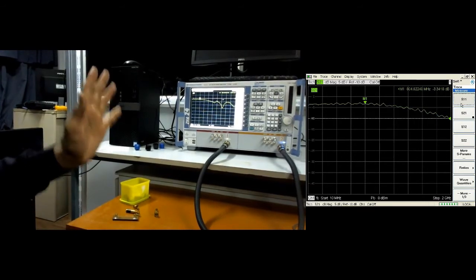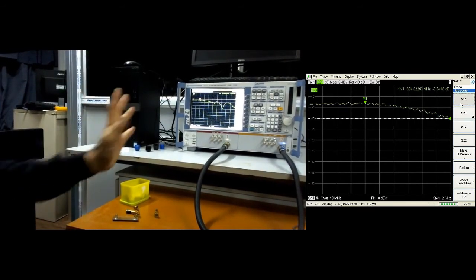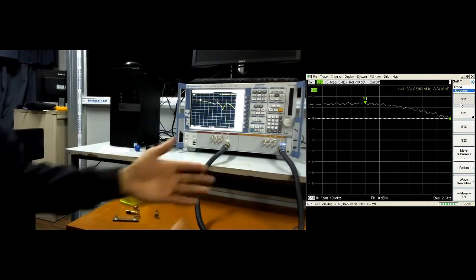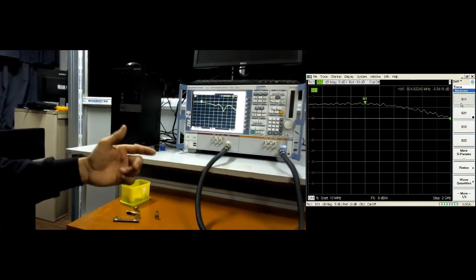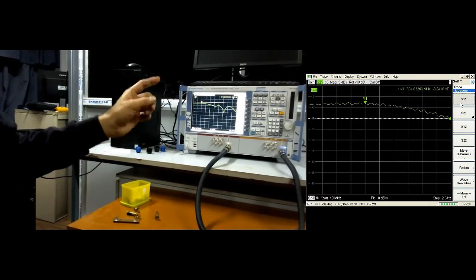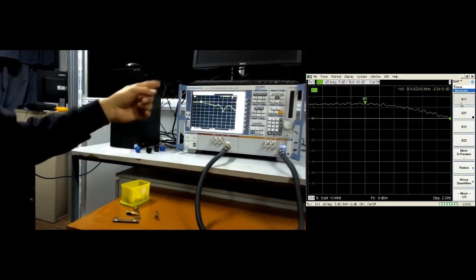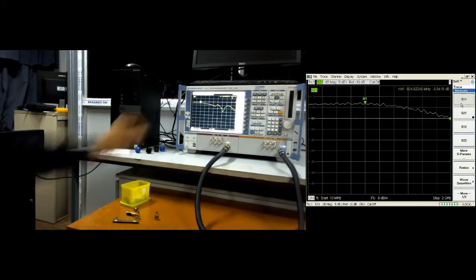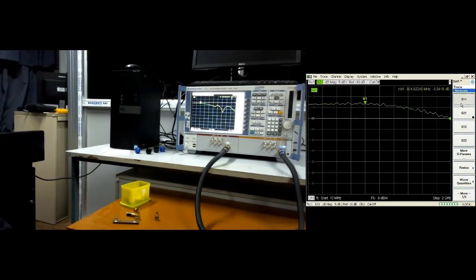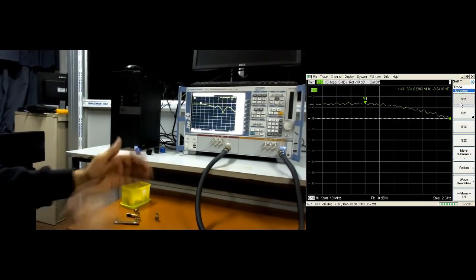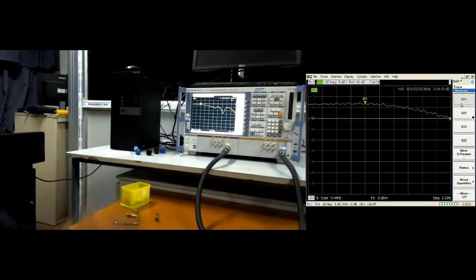So keeping our marker at the same position, let us go to the S21, where we can check the power at the same frequency. See, right now the marker says that our power is at almost minus 3 dB. So we can say that the power is being divided equally.